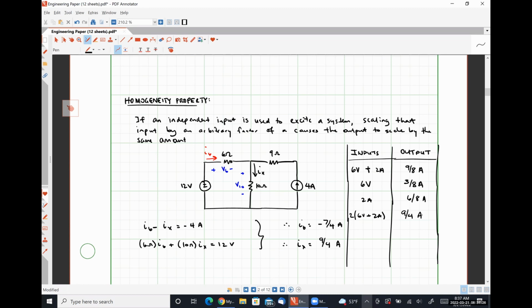Okay. So our last thing to do here, so we have observed that this circuit obeys the property of additivity, and it obeys the property of homogeneity. For it to be a linear circuit, it must obey those 2 principles simultaneously, okay? So what we're going to do is scale each of the inputs by a different factor and consider what would happen in those cases, all right? So let's say